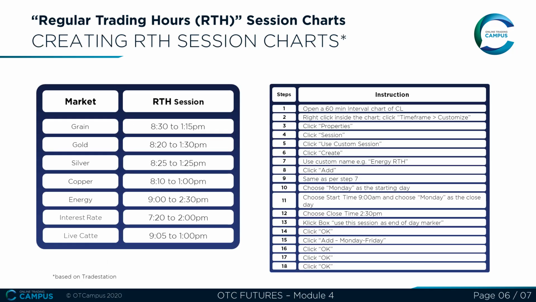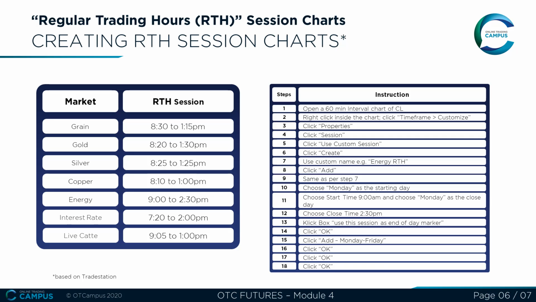Now, of course, you want to know how to create and plot these charts. So let me explain how to create a regular trading hour session chart on TradeStation based on a crude oil example. Open an intraday 60-minute chart of CL. Right-click on chart and click time frame and customize. Choose properties, choose session, choose use custom session, choose create, name your session, for instance energy RTH, choose add, name